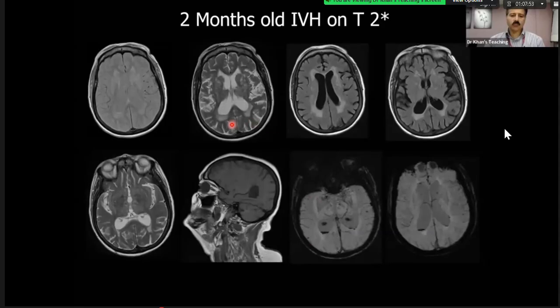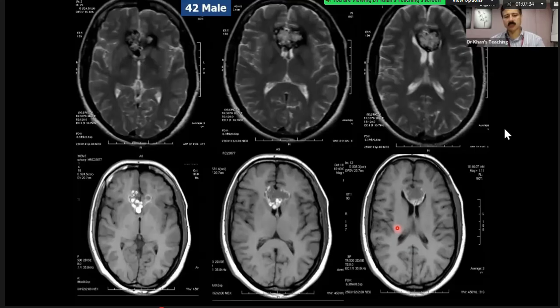Okay, so if you see here, there appears to be on this T2 weighted sequence a sort of level type of a thing here. And then on this SWI, you can see this low signal. So it is in the dependent position. So hemosiderin sitting there, which is not visible on other sequences. Okay, this is a classical exam case.